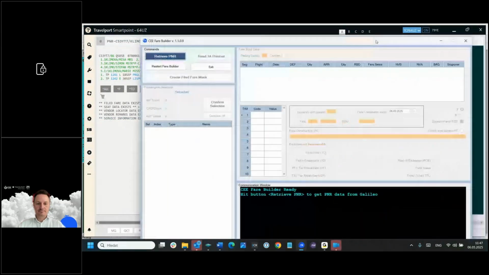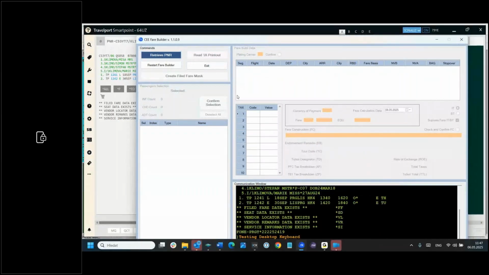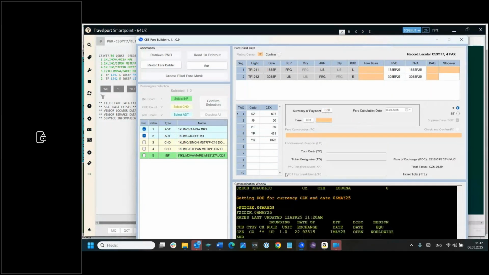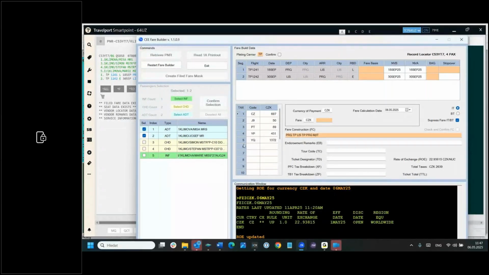The PNR is still here. So I will click again, retrieve PNR, and confirm selection, not for infant but for adult passengers, for example. Confirm selection. Now I am receiving the taxes. So taxes can also be modified. For example, I have these two Portuguese taxes. PT is one tax and YP is the second tax. I can put them together, but it is only a help because there is no way to solve it. So what I recommend to our agents is to put